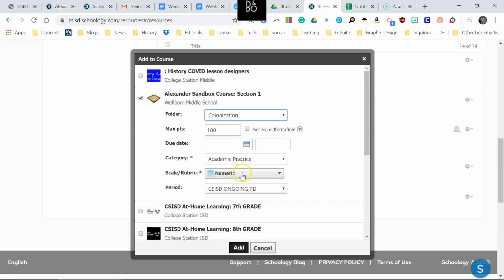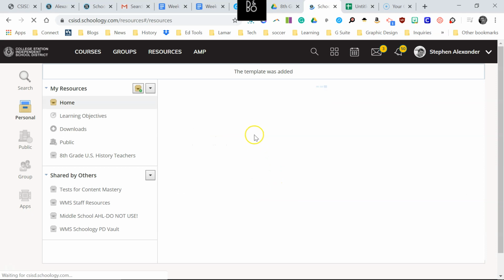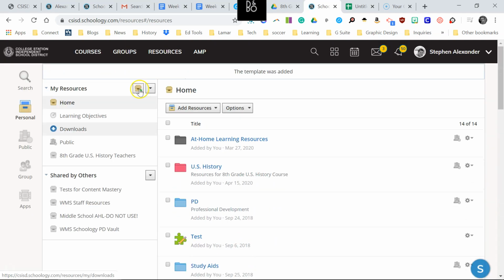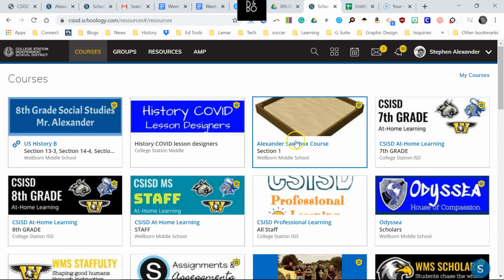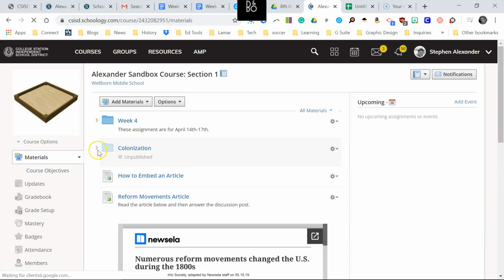Notice it does not give me the option to enable or disable that yet. That is not until you get into the course. So I don't know if this folder is published or unpublished, but I'm going to now add it to that course and into that folder. So I'm going to go up to my courses, go to Sandbox. It is an unpublished folder,